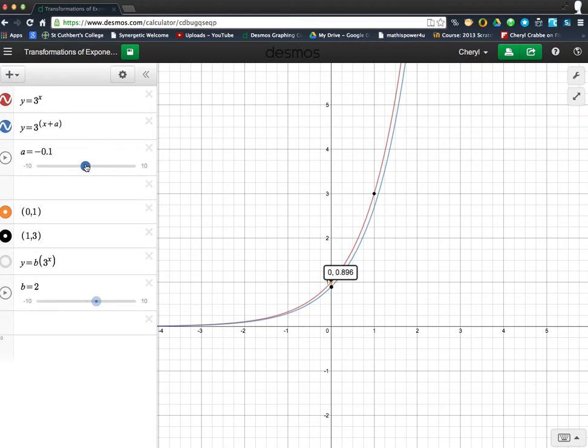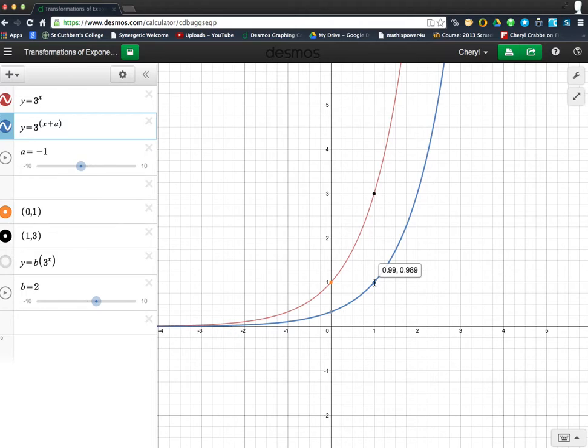And let's say I go in the opposite direction, so I'm now going to go -1. So this point, this is the one that we want, so we don't need this one. But look at what happens. From (0, 1) to (1, 1), from (1, 3) to (2, 3). So this graph has now been shifted to the right. All the points have been shifted to the right